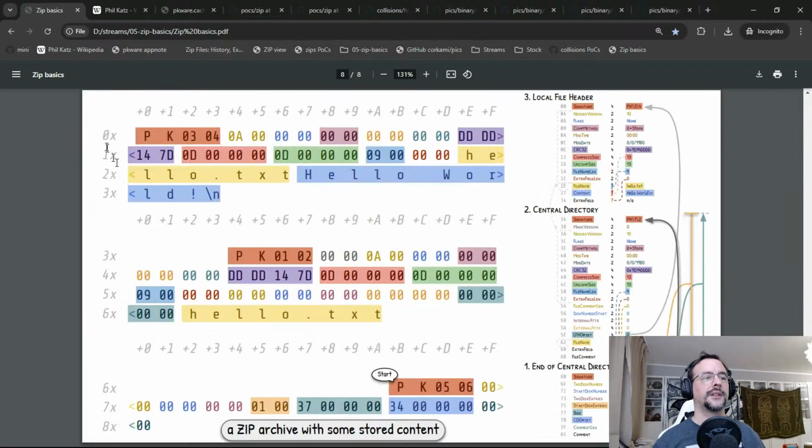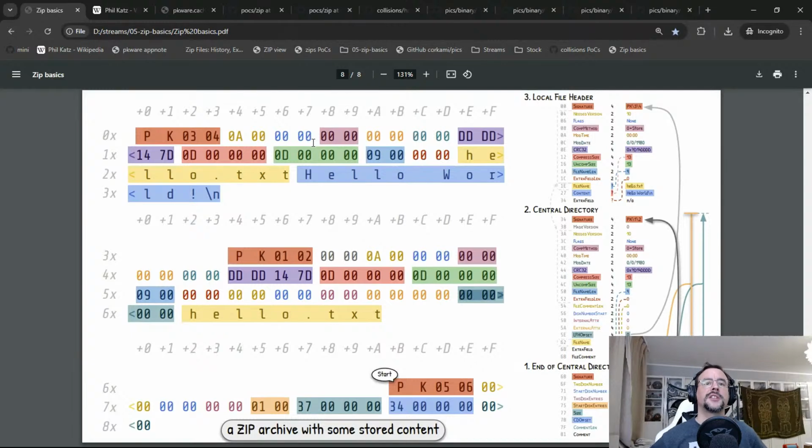We have the extra field. Then they have just the file name, the offset to the matching local file header, then the file name, and then if there is one, the extra field, and if there is one, the file command, because there is archive command, but there is also per file command. And then basically there's a pointer to the local file header, which is